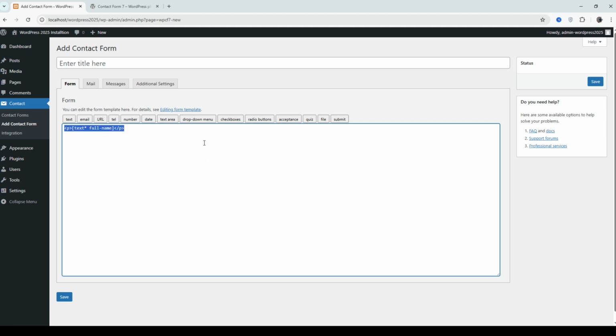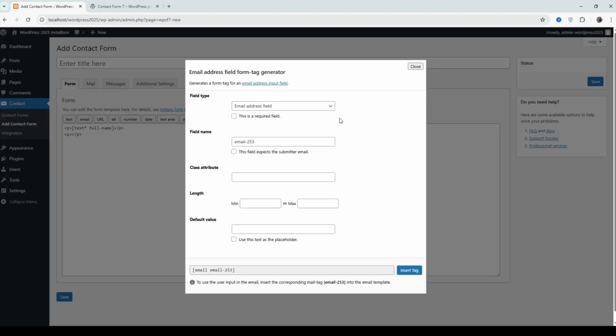So let's copy this. I'm pasting it here. You can use this basic copy paste setup. Now we will be having this email field. I will call it email address. Make sure there are no spacings here in the field. We will make this field required,